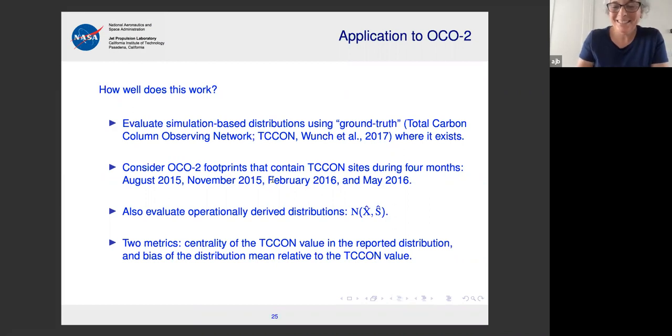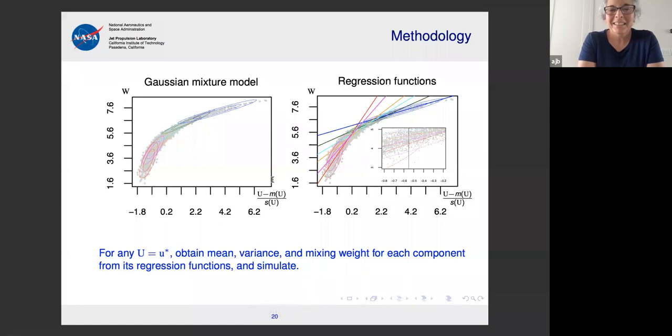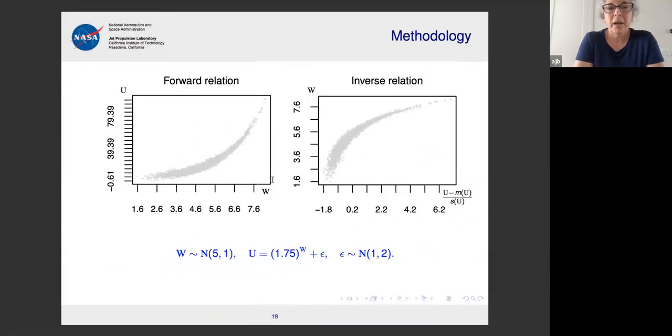On slide 20, can you explain again what it is, and especially what W and the X-axis are? Okay, so this is just a two-dimensional example where you might think of W as the true state and U as the observation. And you know there's some sort of functional relationship between the true state and what you observe. You can flip that around to describe the inverse relation, which is on the right. Is that clear?